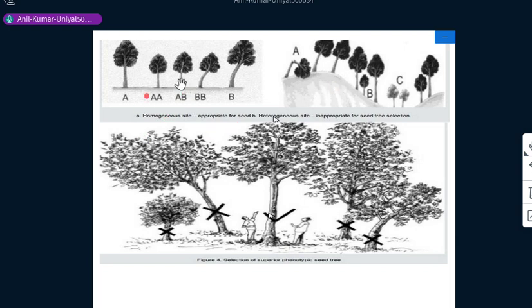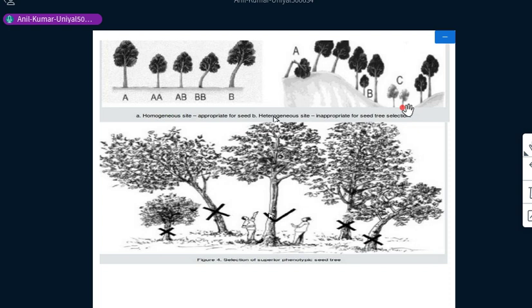We have different kinds of sites. In the first picture, this is a homogeneous site, and another one is a heterogeneous site. It has undulating plain, valleys, ridges, or steep slopes. There are different kinds of growth patterns of the trees, almost of similar age. On the ridges, there may be a chance of breakage of trees due to high wind pressure, or they are stunted, or lean due to that wind pressure also. And here we found the trees that are of less height due to lesser penetration of temperature.